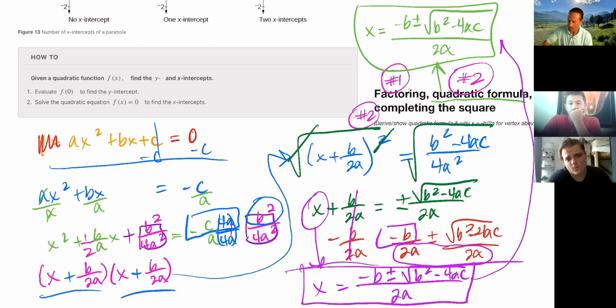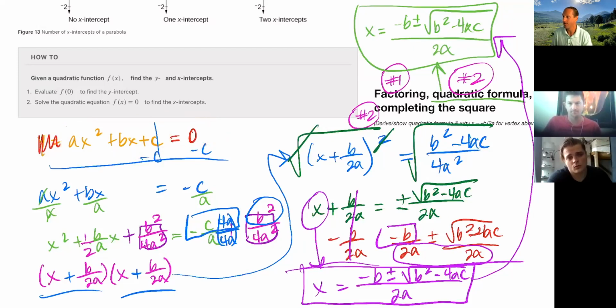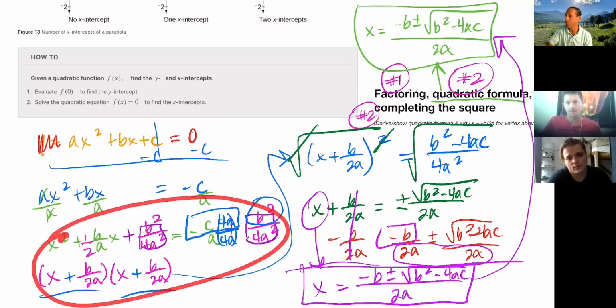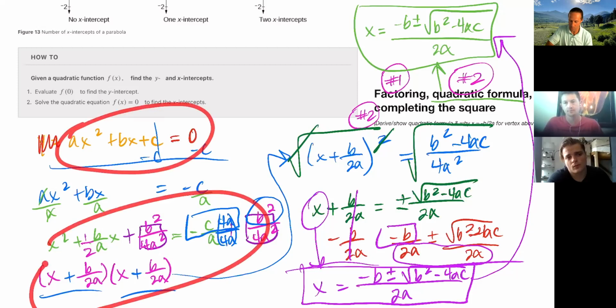Now you know why it's that monstrosity. Not because math teachers are like, oh, we're really going to screw these students up. It's because somebody said, hey, if I have this and I have to find when it's equal to 0, and I don't know how to factor this, I need another way. And completing the square is not always the best. So they used those things in order to come up with how to solve for x whenever you have a,